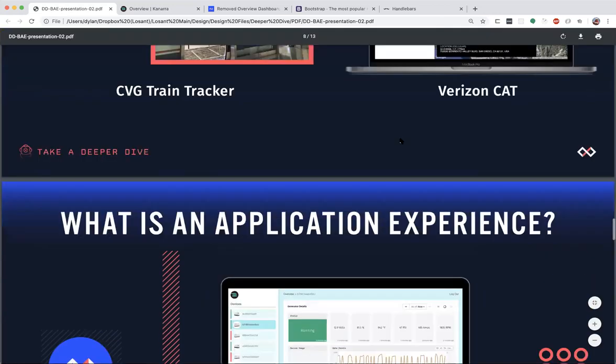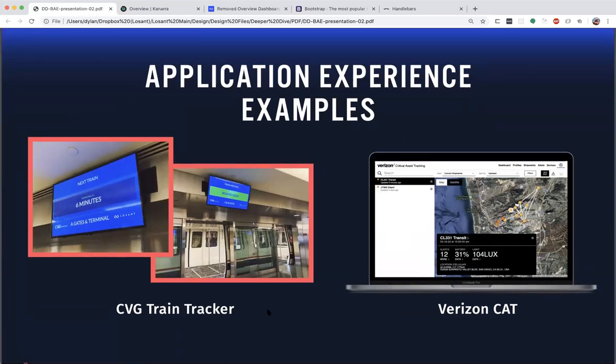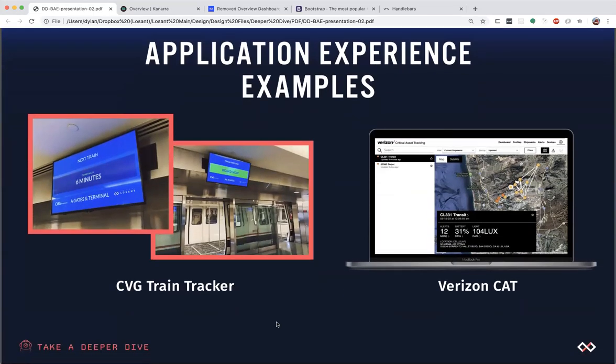Just a couple of examples of application experiences. If you've flown into the greater Cincinnati airport in the last couple of years, you may see these two screens that you see right here atop the train. There's a train that runs in between the concourses at the airport. Losant actually put some sensors in the tunnels. It's a kind of a retrofit to tell where the trains were and when they'd be arriving next. So that information is conveyed up on these screens, as well as some other helpful information about where these trains go, when to expect the next one to arrive, et cetera.